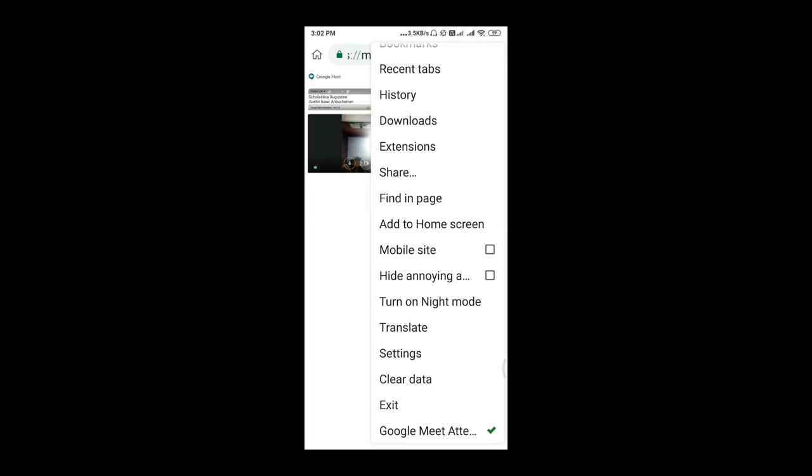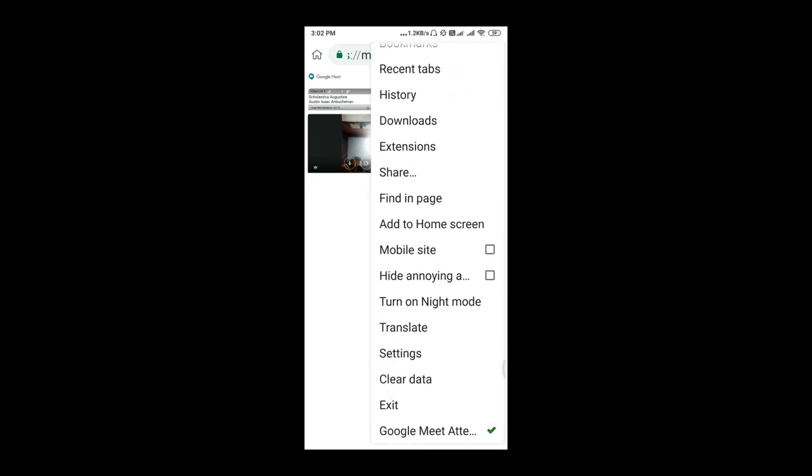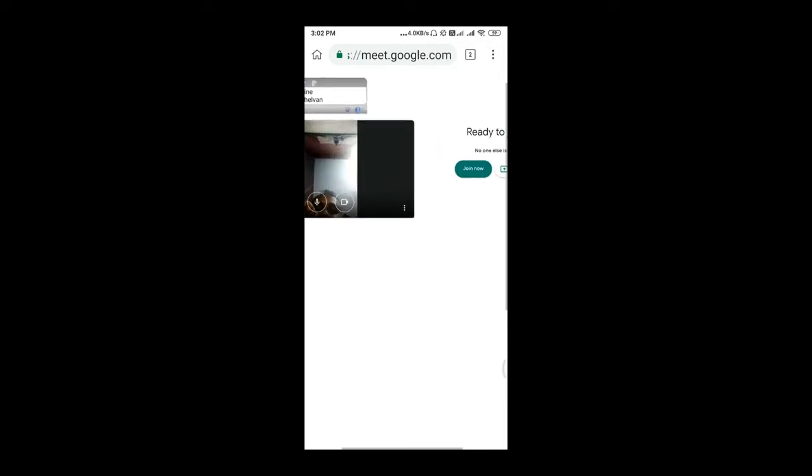Again I tell you, after adding the extension into your browser, go to Google Meet, click this three button icon, go to the bottom. You will have Google Meet attendance at the bottom. Click that. So once you click that, you will get this attendance icon here.